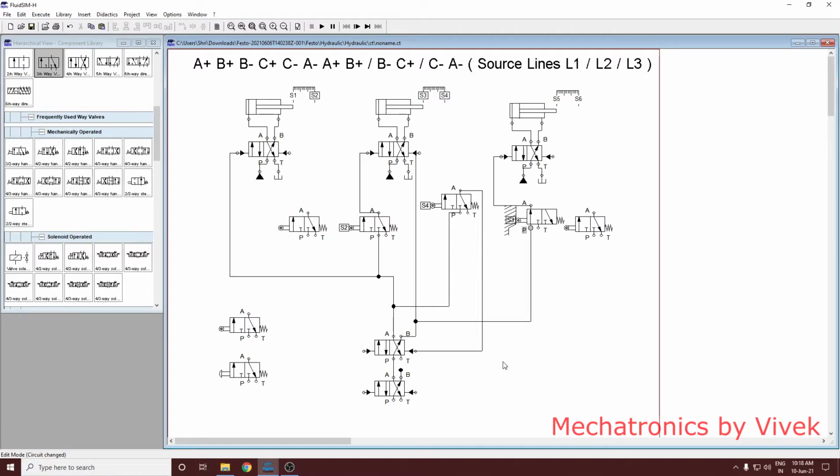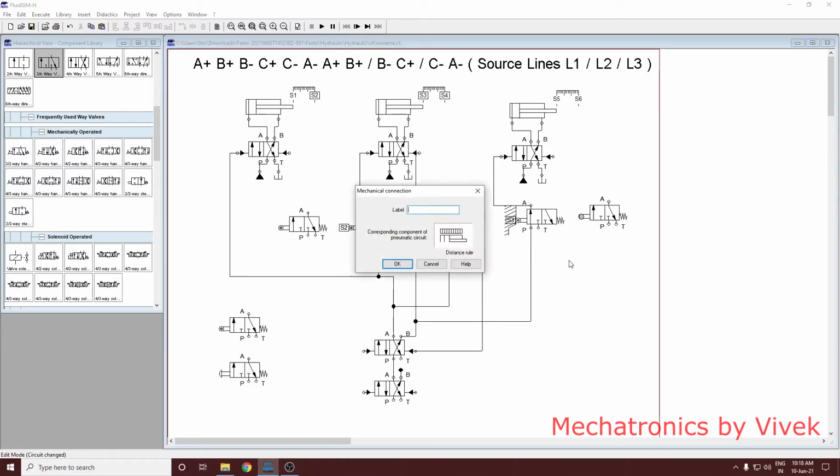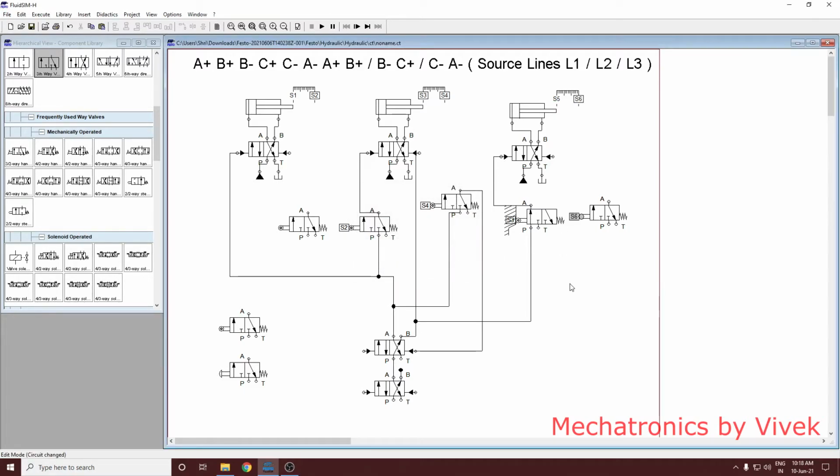After C plus, what happens? S6 gets achieved, or S6 becomes true. So this has to be S6, right? Now S6 you got. So S6, this is again direct one.